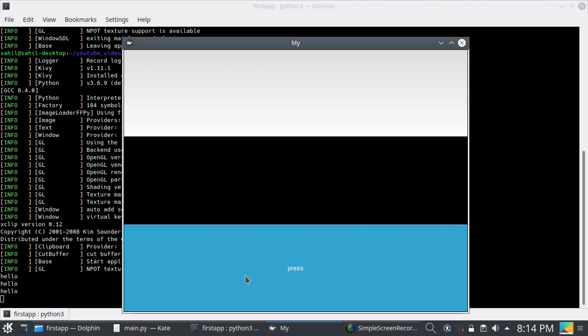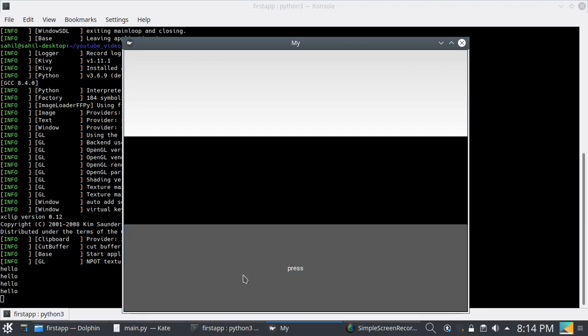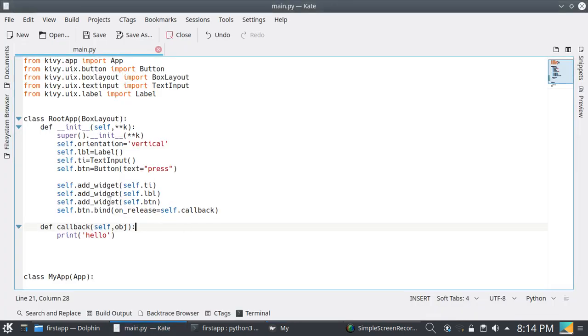I am using on_release. All these methods, on_press and on_release, are defined in the Kivy library. Just search kivy.org and see the button, or search buttons of Kivy.